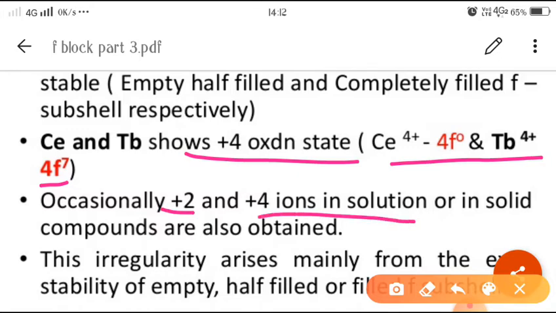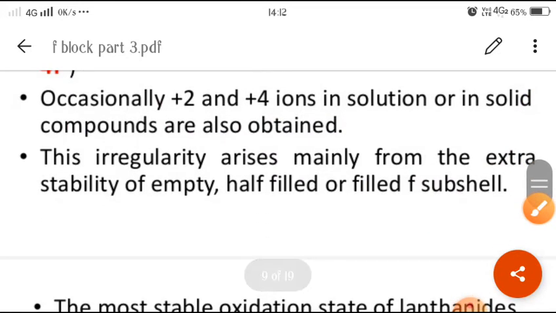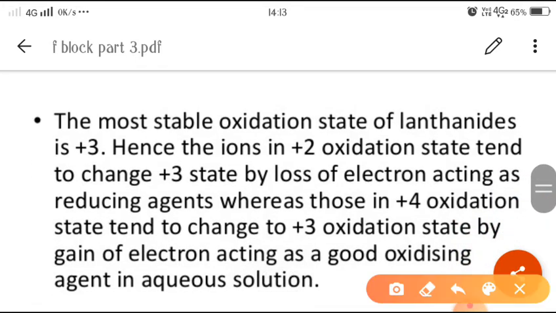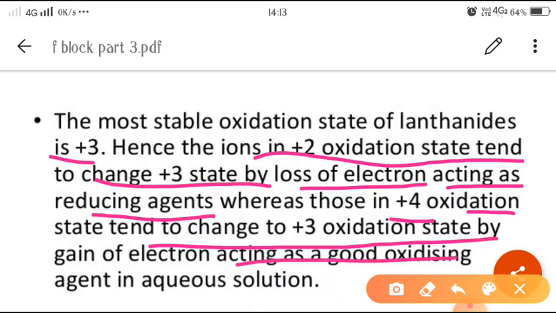Occasionally +2, +4 in solution or in solid state compounds are also obtained. तो +3 के अलावा +2, +4 है, वो depend करता है stability electronic configuration. But even then, the irregularities arise due to the extra stability of empty, half-filled or full-filled f subshell. The most stable oxidation state of lanthanoid is +3. That is, the ions in +2 state tend to change to +3 by loss of electron, acting as a reducing agent. And those in +4 will gain electron and turn to +3 and they act as good oxidizing agent in